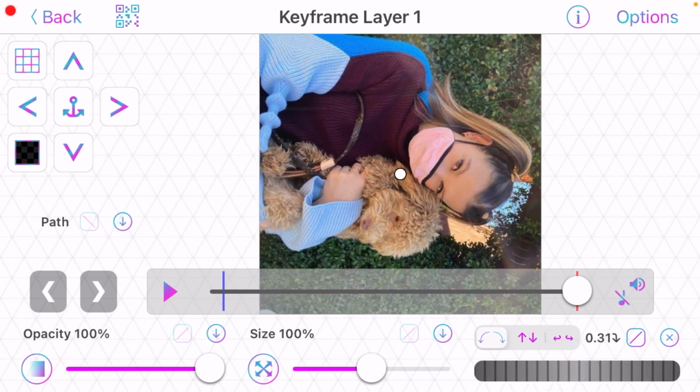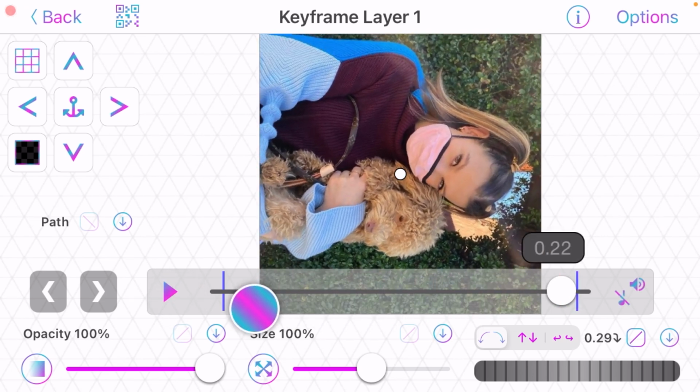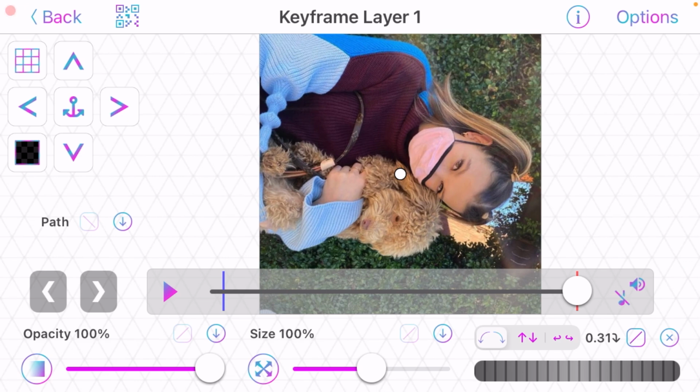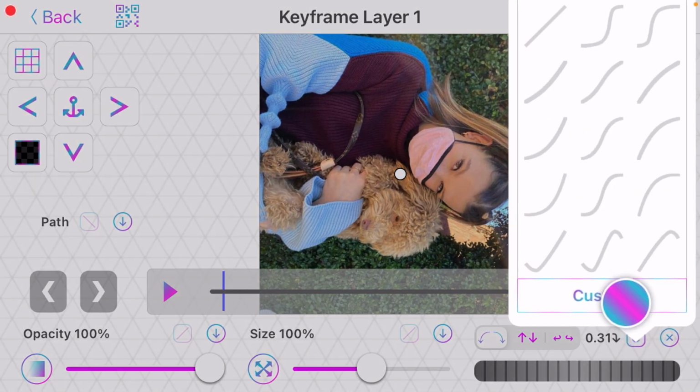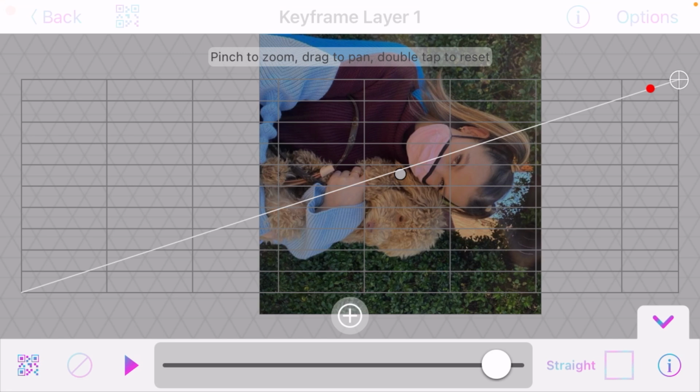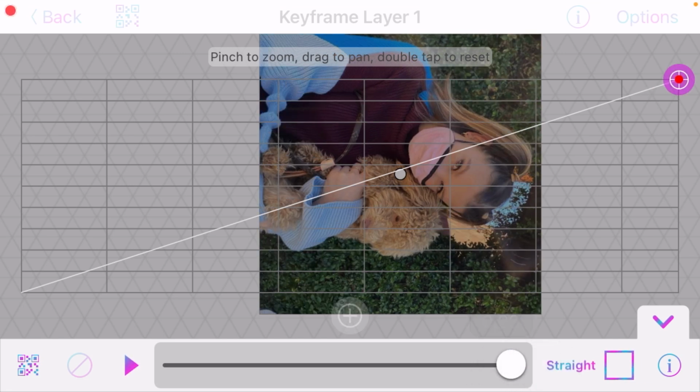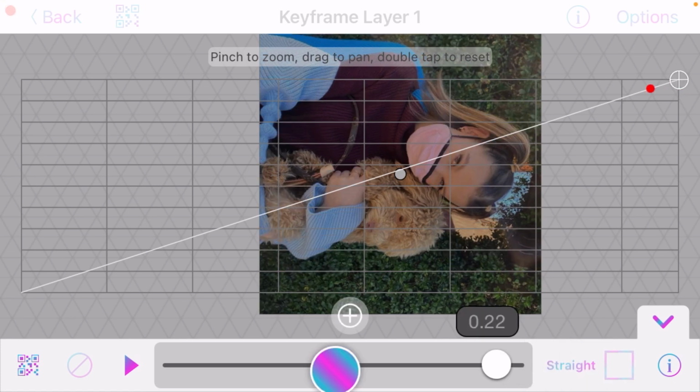Okay, once you've done that, we're going to make a graph, of course, because this is not what we want. So go to custom graph, and now we're going to make the graph. And this is what I always do for my graphs. I'm going to the frame before the last frame. I'm going to click on the plus sign,